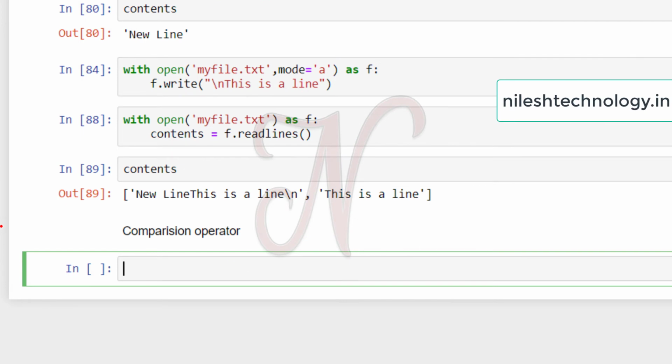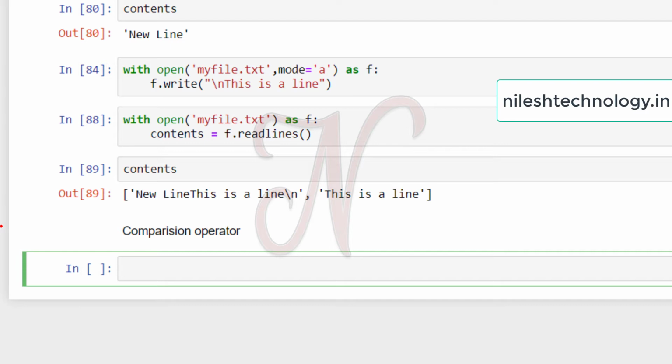Before going to comparison operators, first we have to see Booleans. Boolean values allow only two values, either true or false. These are very important when we deal with control flow logic, because we want to check whether a condition is true or false. So comparison and logical operators use these values.